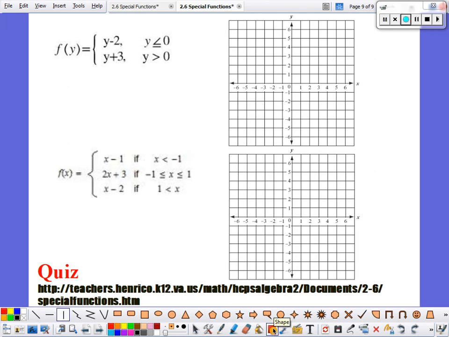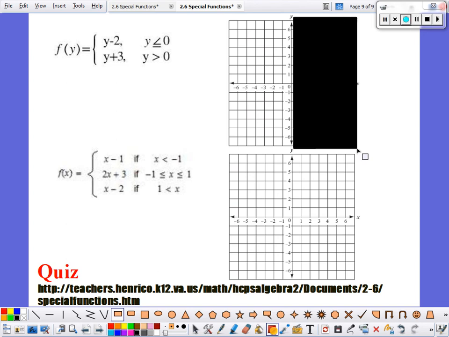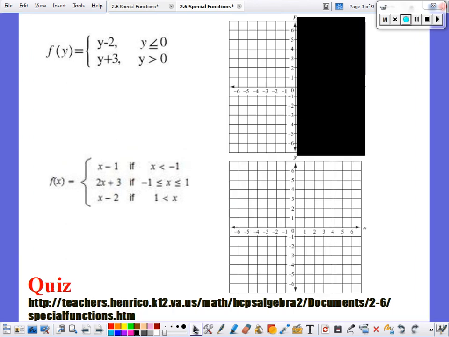Now, what I'm going to do to help you out is put up a sort of shield here so that we can make out what we're doing. Now, I'm going to label each piece. The first piece I'm going to label as a 1. Okay, so that's the domain that's tied to that one. And I'm going to come over here and use a T-chart to represent that. Now, this value over here